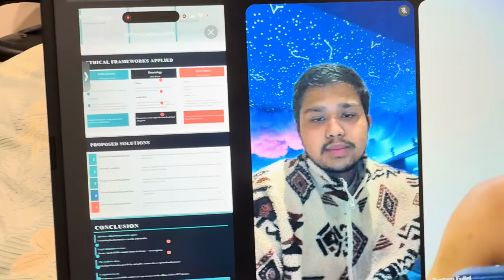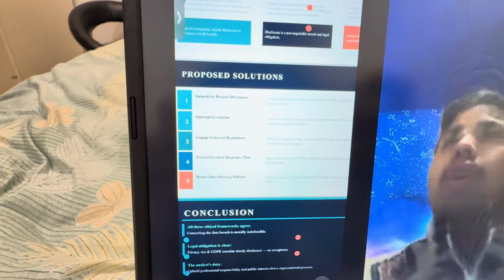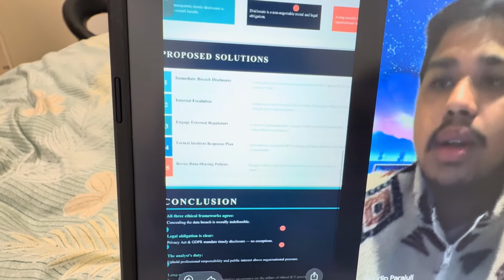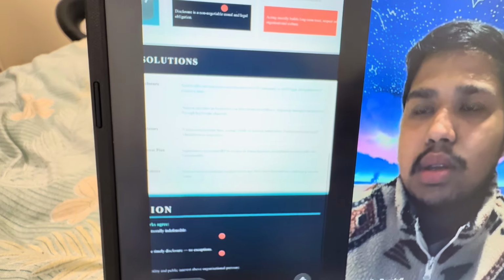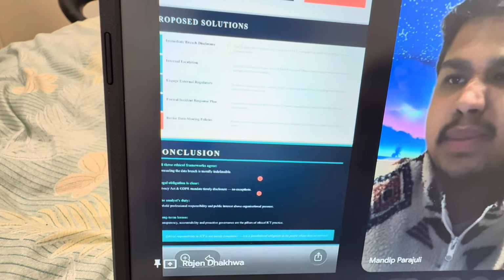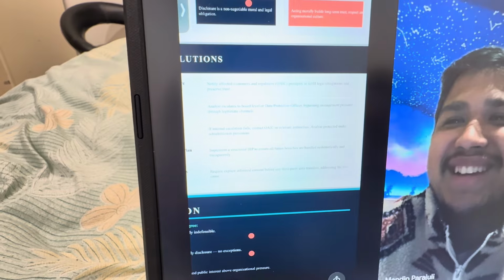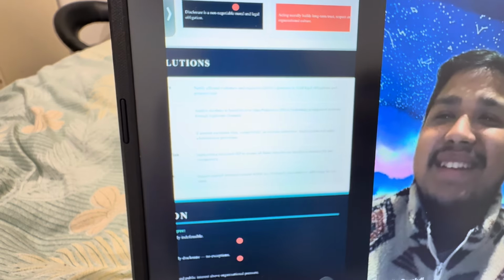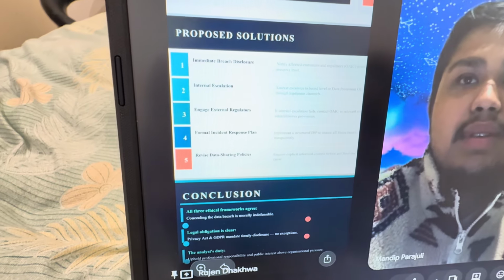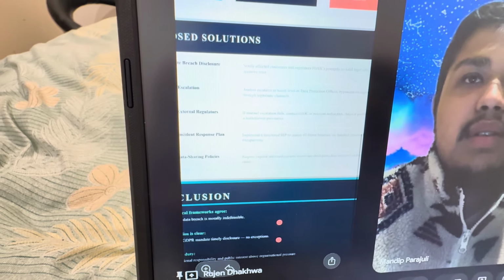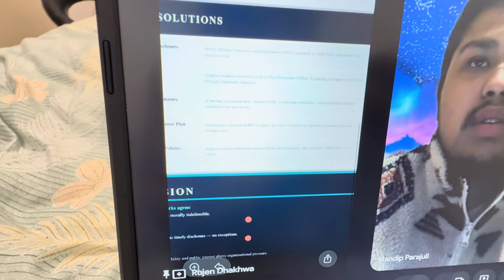Okay, now I'm gonna explain about the proposed solutions. The first is immediate breach disclosure: to notify the affected customers and the regulator OAIC promptly to fulfill legal obligations and preserve the trust of the company. And the second one is internal escalation. The analyst escalates to board level or the data protection officer, bypassing the management pressure through legitimate channels. And the third one is engaging external regulators. If internal escalation fails, contact the OAIC or relevant authorities, and then the analyst is protected under